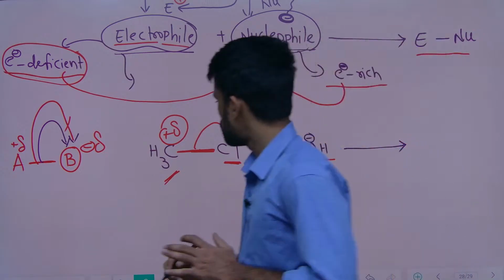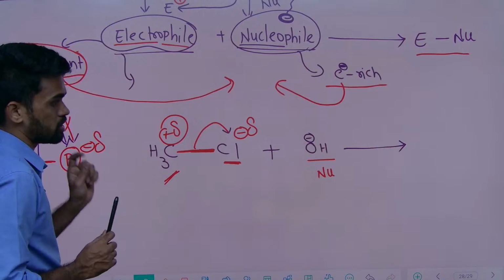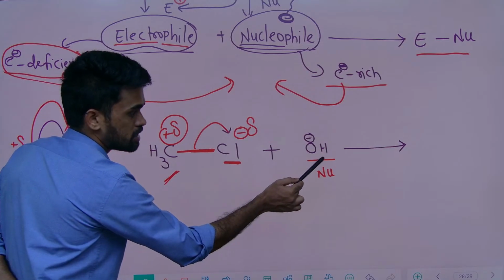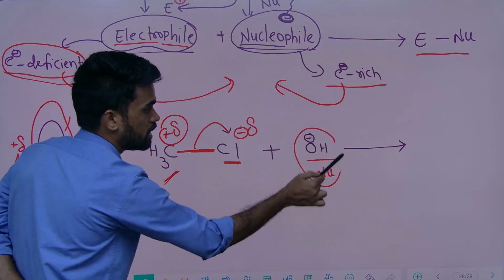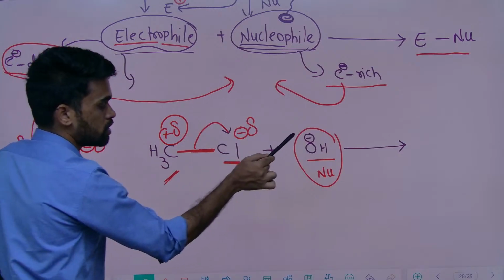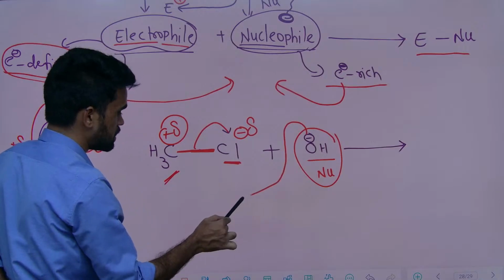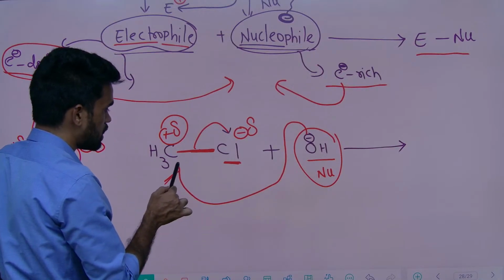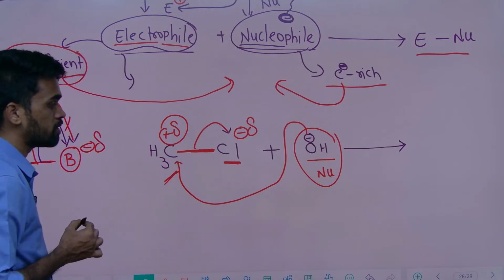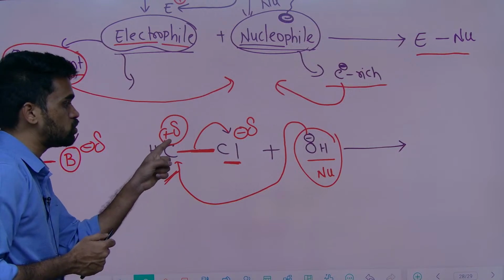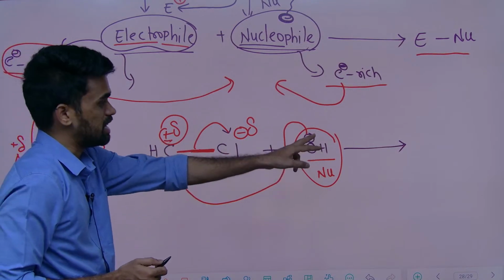So look at this, what is the charge we are writing? Positive. See, a negative charge is there on this nucleophile and a positive charge on the carbon. So what happens is, this negative charge slowly comes like this and attacks this carbon. Why is it attacking? Because this has positive charge and this has negative charge, that's why it is coming